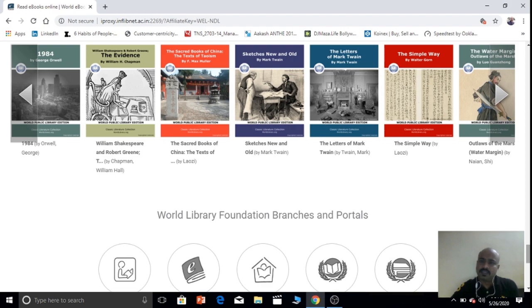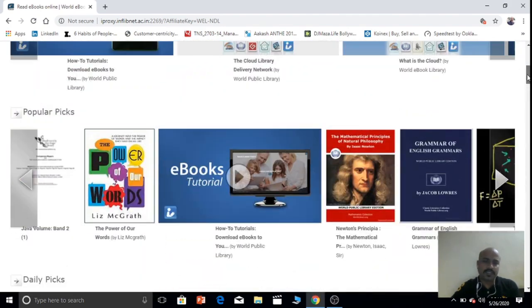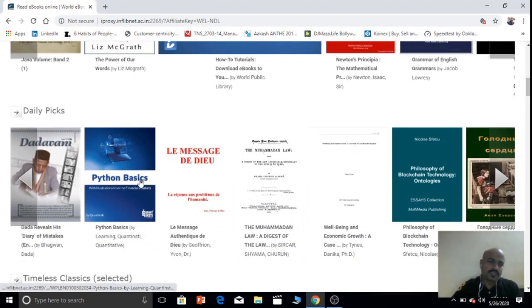Like this, you can search any resource by clicking on that. If we click on Python basics, it will redirect us to that ebook.